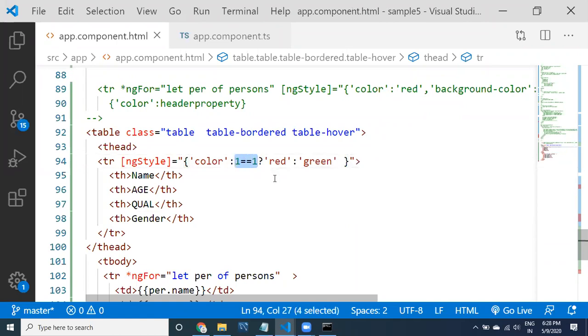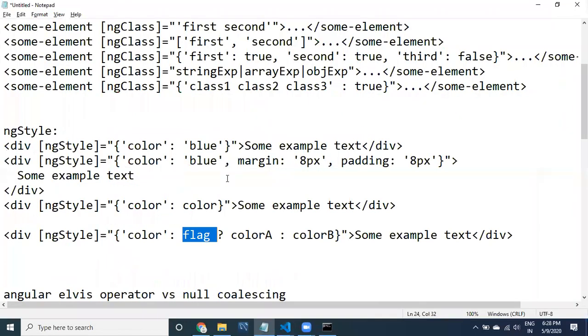If this condition is satisfied, it is going to apply red. Okay, this is the condition. If the condition is satisfied, red is going to apply. If this condition failed, whatever condition we have provided, then it is going to apply green. So here directly we can say that this is the condition true case, so that red is going to get applied.